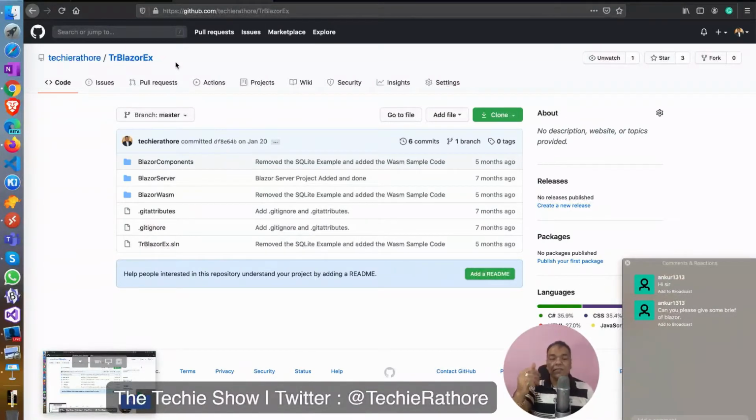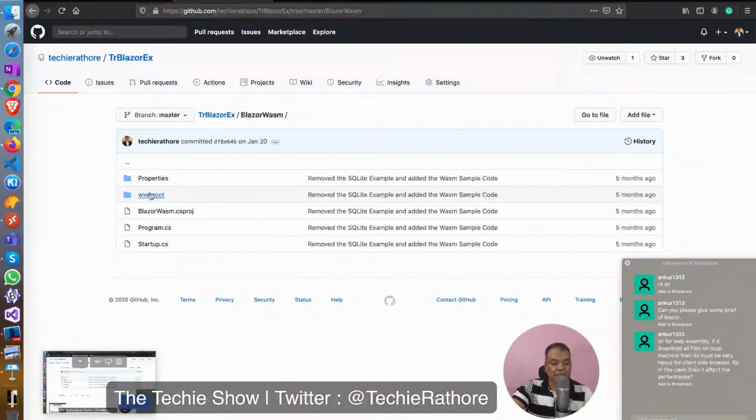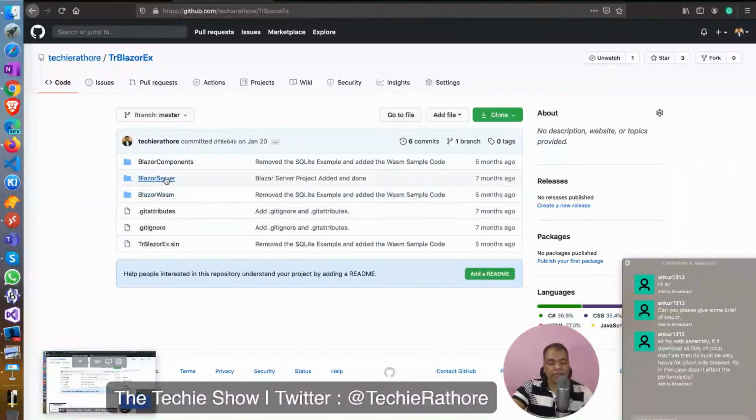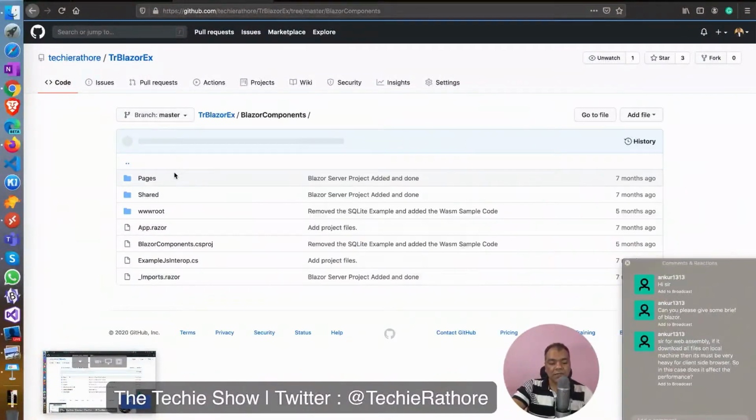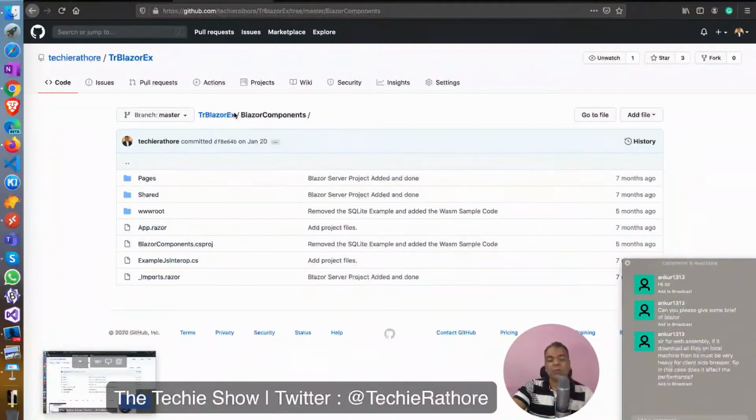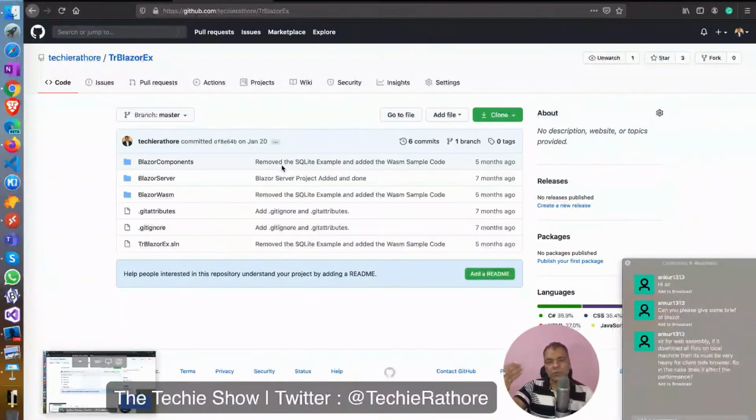In the third one I have extended the futuristic architecture to support Blazor WebAssembly also. If you see this one, this is the Blazor WASM, and this is the Blazor server. And this Blazor components is the common components library which is used in both Blazor server and Blazor WebAssembly.